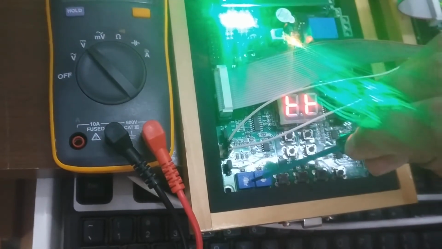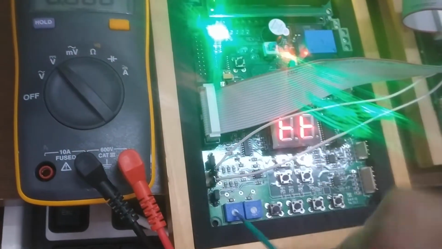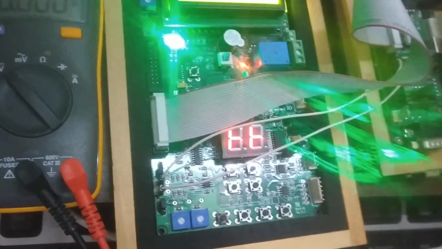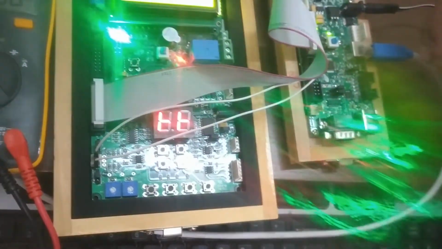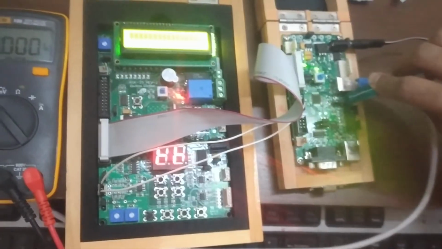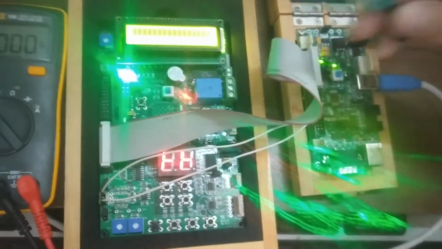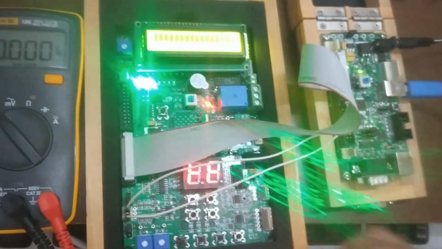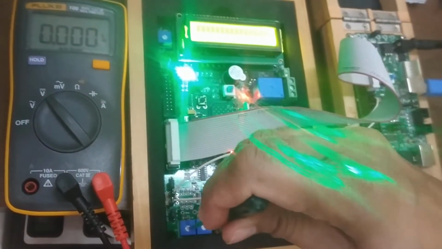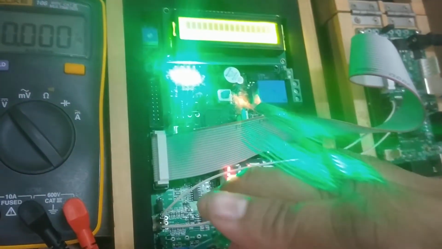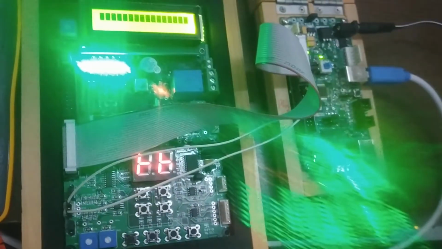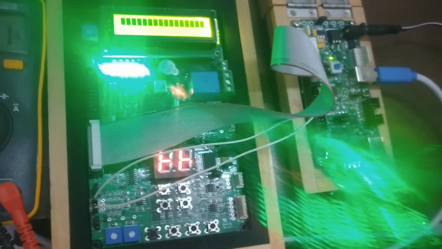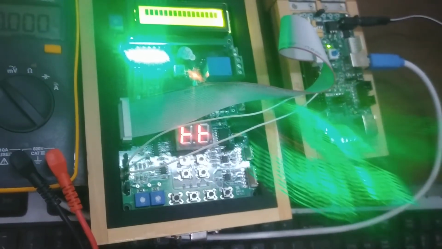Again I am going to decrease the input. If I make it 0, these 2 bits are there, but I am expecting the output to be 0, 0. Since I am getting some drop, yes, the output is 0, 0 for 0 input. And if I increase it to the maximum value, that is 3.3 volt, all bits are 1, 1, 1. So this is the simple demonstration of how you can verify the ADC.